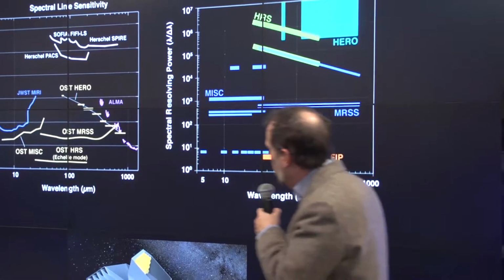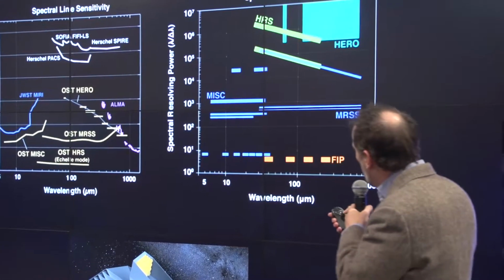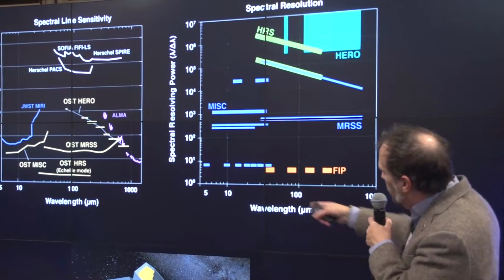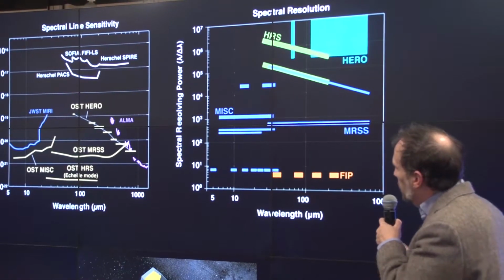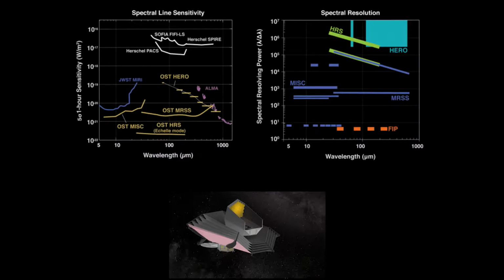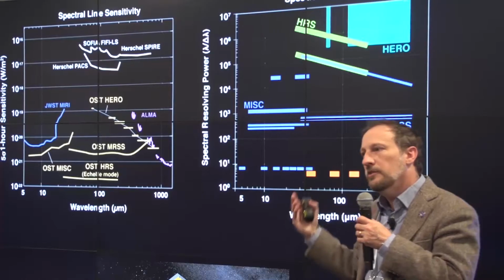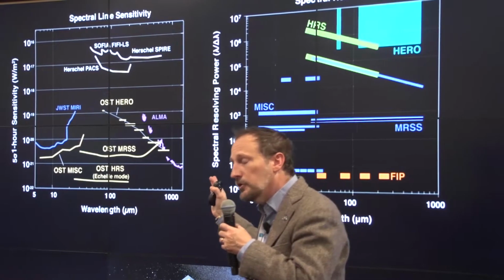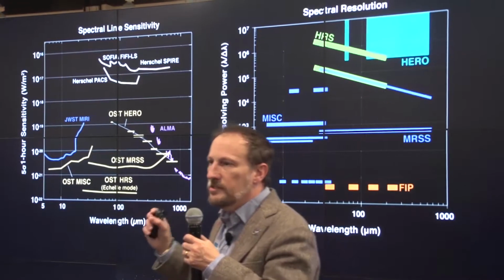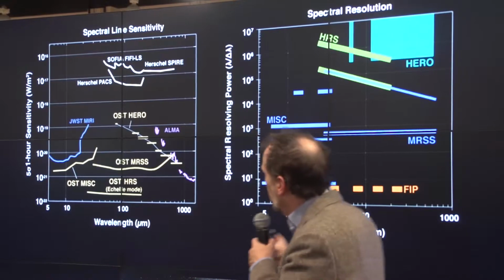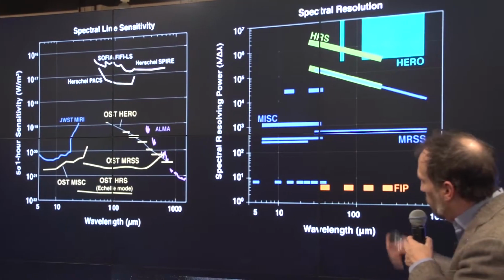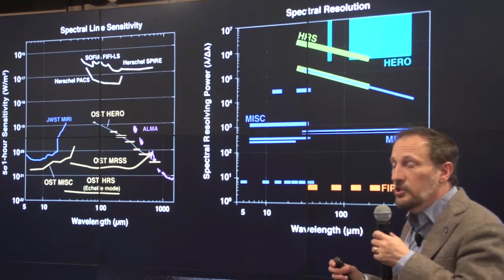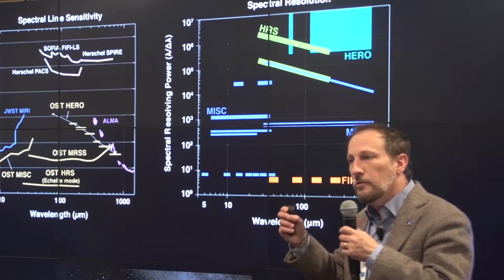So the Origin Space Telescope will be able to probe from, again, 5 to about 600 microns. And the amazing thing is that we're going to have about a 4 order of magnitude gain in sensitivity compared to what we had previously in the far infrared from Herschel. And that opens up vast amounts of discovery space. In addition, we will be able to perform better than JWST MIRI, which will then open up our ability to